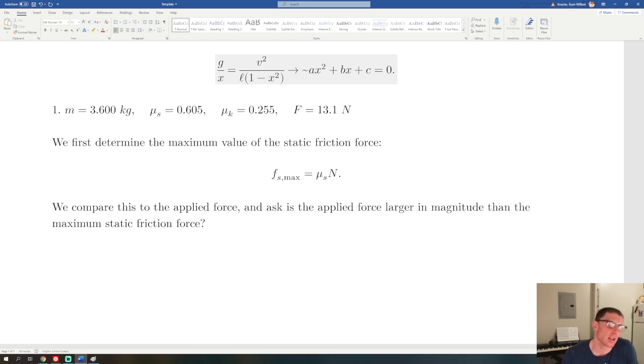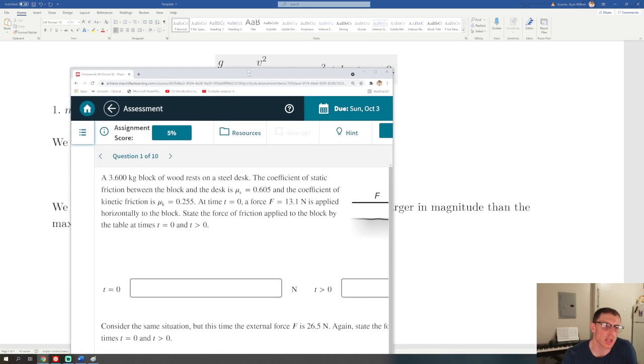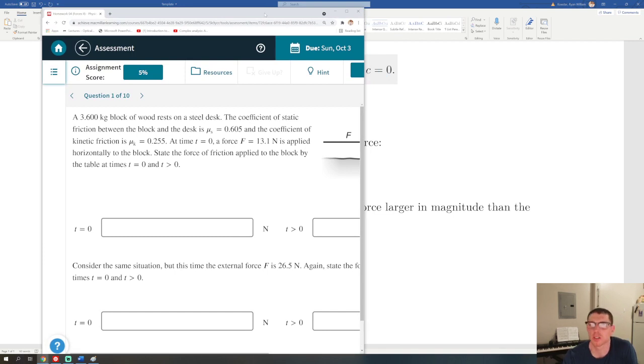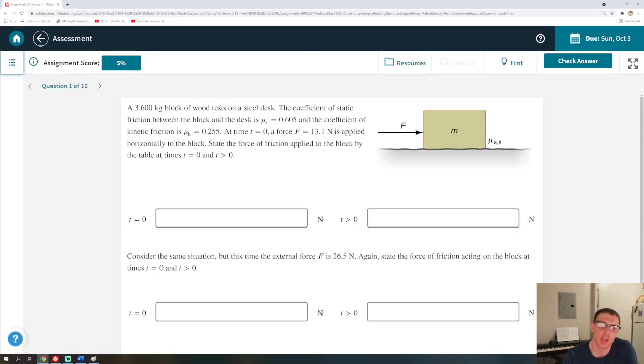I probably won't go through and do the calculations here, but my feeling, because I've seen lots of problems like this before, is that this 13.1 newtons, or whatever number it is for you, is not going to be large enough to overcome the static friction force. So I suspect that this should just be 0. If the applied force cannot overcome the static friction force, then the object will just never start moving, right? So I suspect that this is also, let's see here. Sorry, this shouldn't be 0. This should